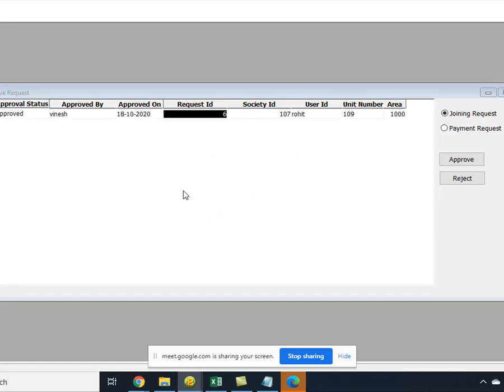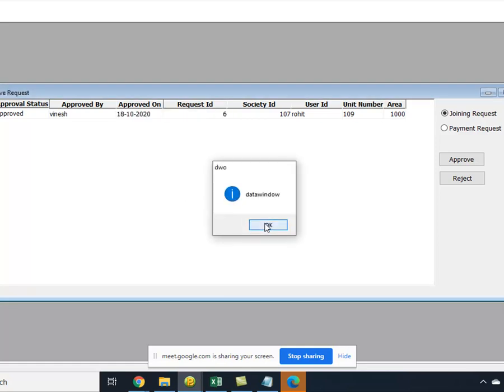You can see it returns three types of values. This data window control has your header information, your data information, and the rest of the data window.